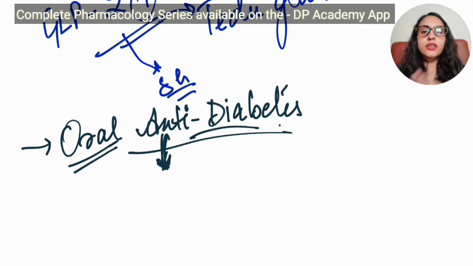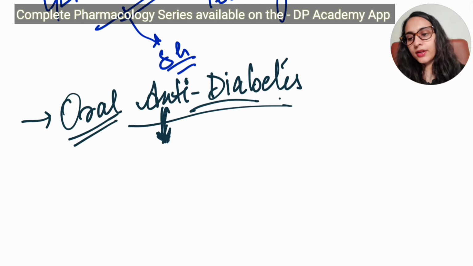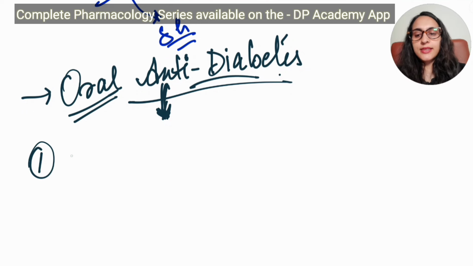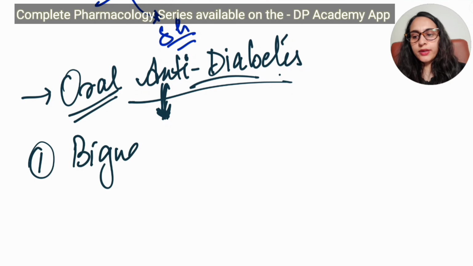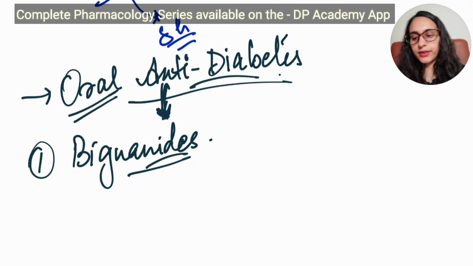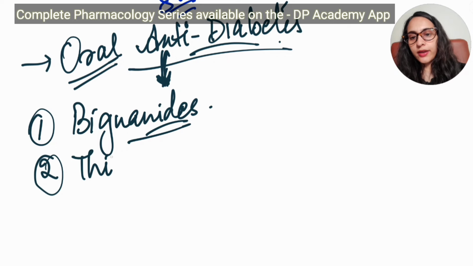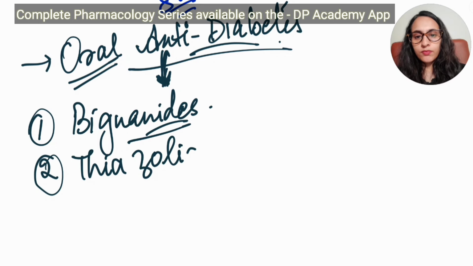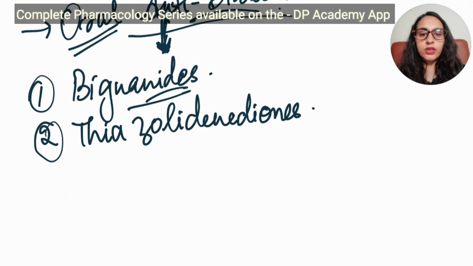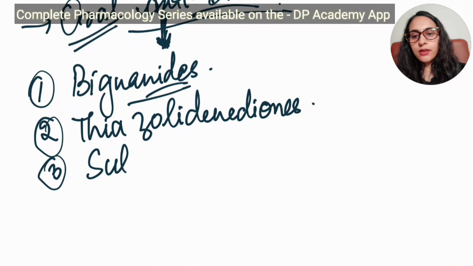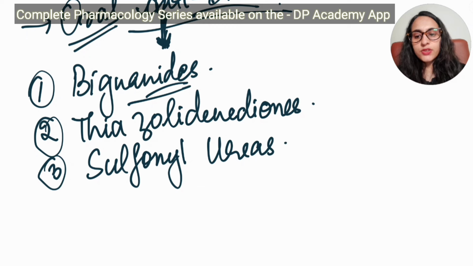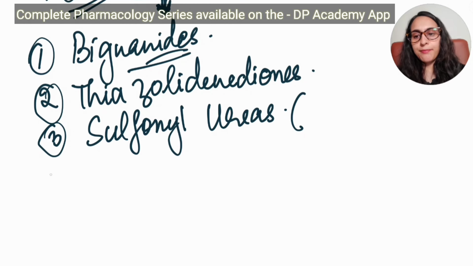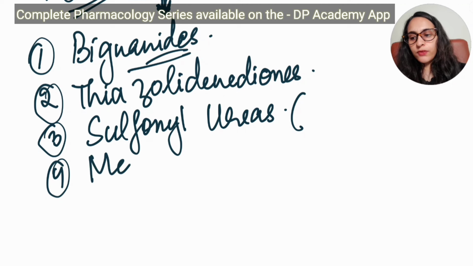So our function is to treat type 2 diabetes by giving oral anti-diabetic drugs, and we have 7 drugs in this category. The first one is biguanides. For example, metformin is a biguanide. Another one is thiazolidinediones, and we have pioglitazone in this category. The third is sulfonylureas. In sulfonylureas, we have 2 generations. Tolbutamide or glimepiride are examples. The fourth one is